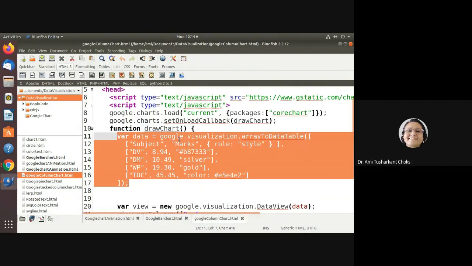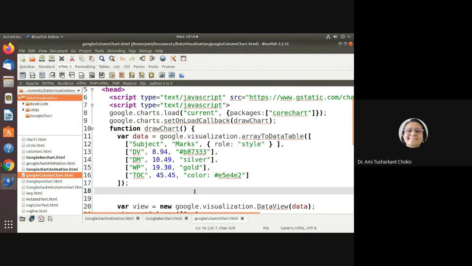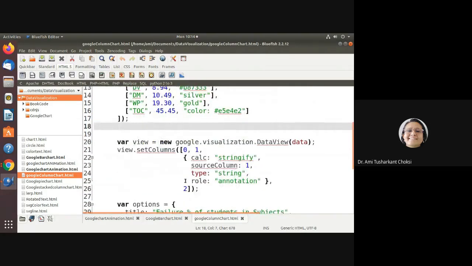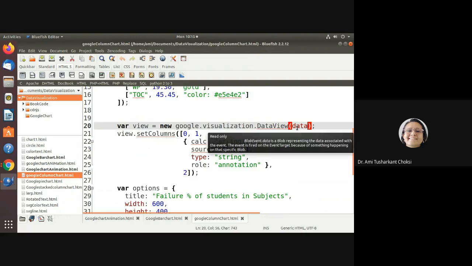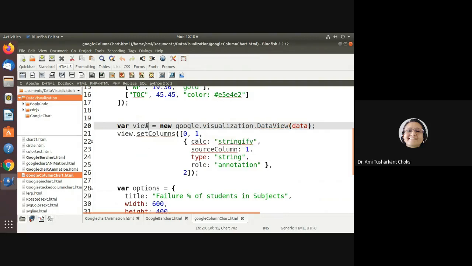For that, google.visualization.arrayToDataTable. Fine. Now we are setting the view. So for view, variable view is equal to new google.visualization.DataView, and we are specifying data, right? With this data, we are creating the view. Fine.